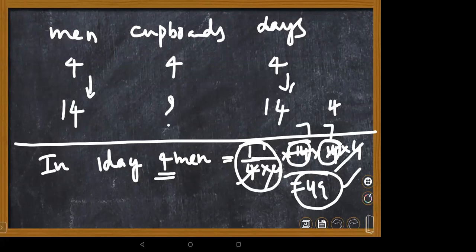Ma'am, if it is inverse, then what should we do? For inverse there are some other things, we will see that later. In inverse variation we will go with xy equal to k concept, because here we are just discussing x by y equal to constant concept. How it will work, we will go with examples.